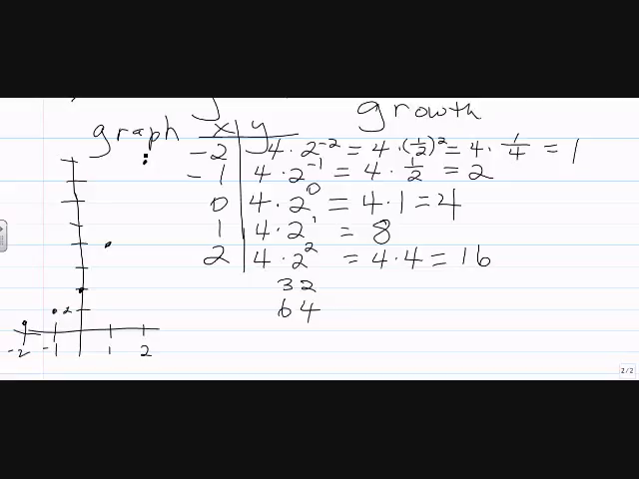So my curve, let me see what's going to be the easiest way to draw it here, is going to be rising fairly quickly on the right, and on the left it's going to be going down, but it's not going to cross the x-axis. It has what is called an asymptote at the x-axis. It's going to flatten out when it gets towards the x-axis. And all of your exponential growth graphs are going to look